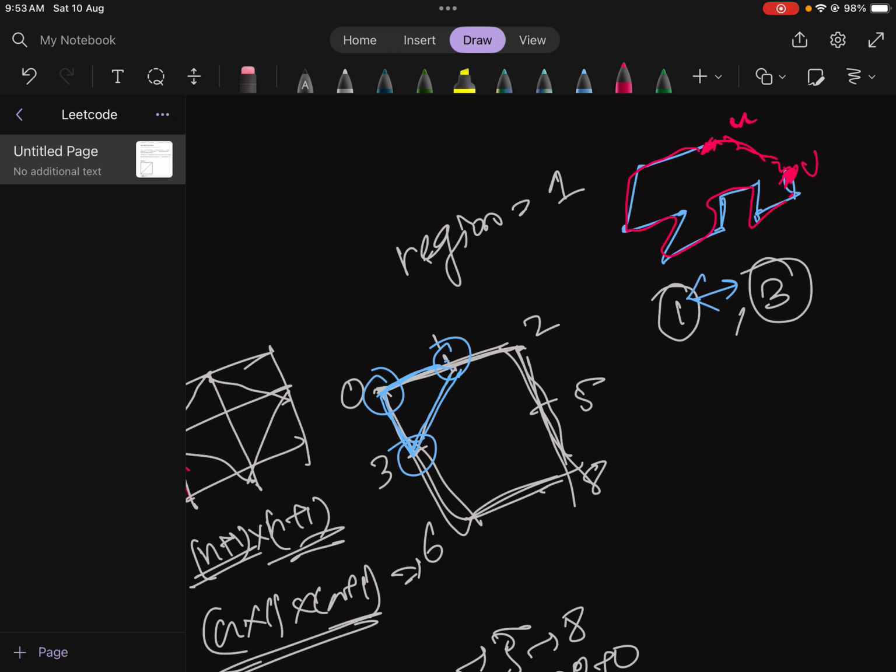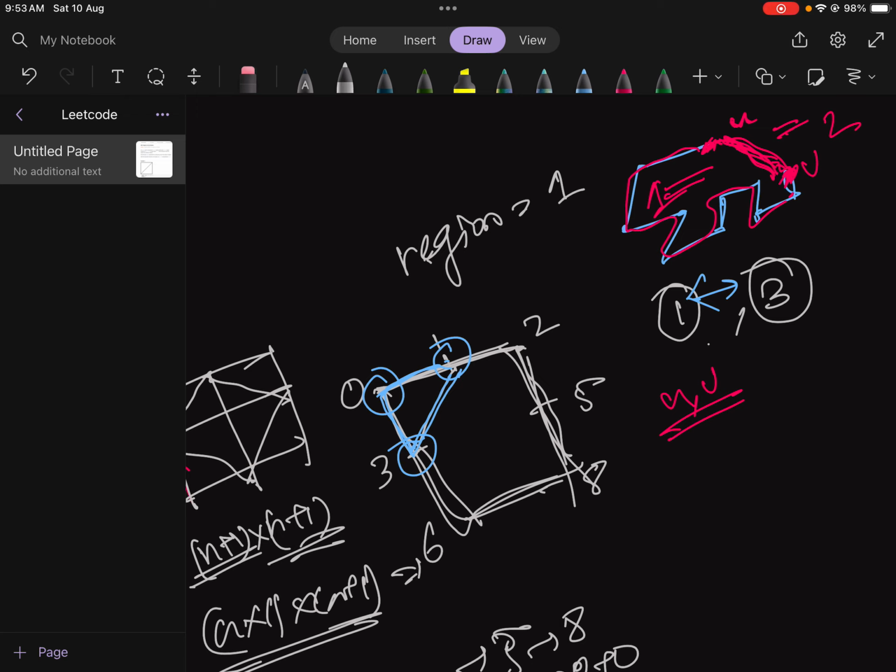Now we are going to connect this. That means we are completing a circle, a region. We just complete the boundary. That means we are creating one new region here. This is one region, this is the second region. Got it? So whenever I find that U and V have the same parent,